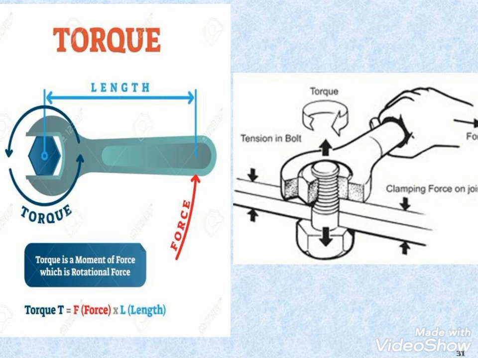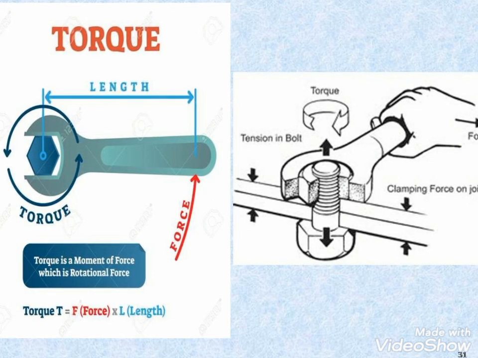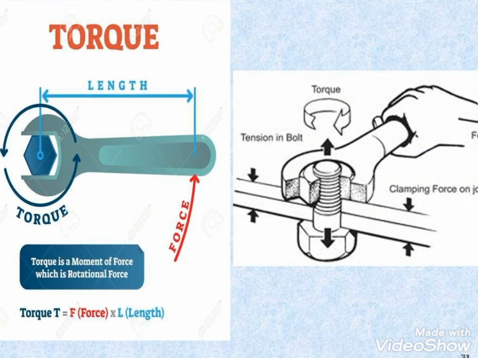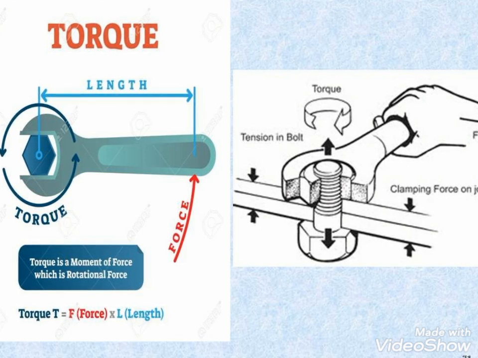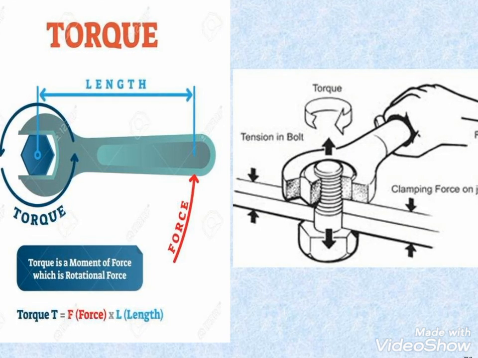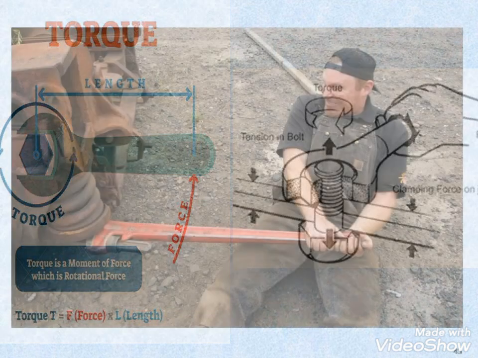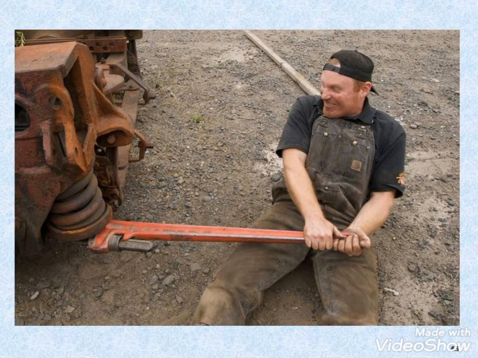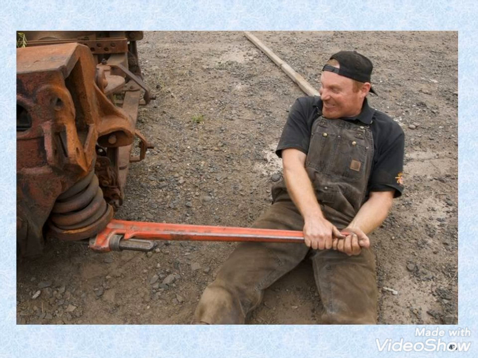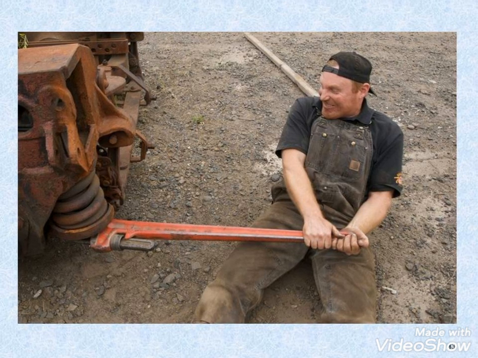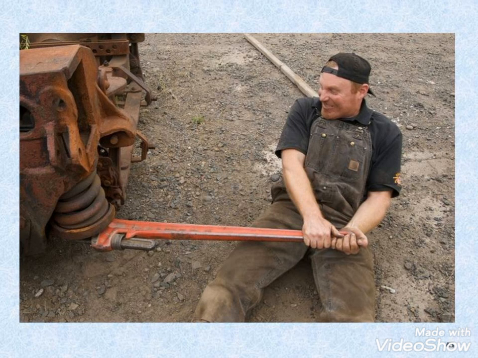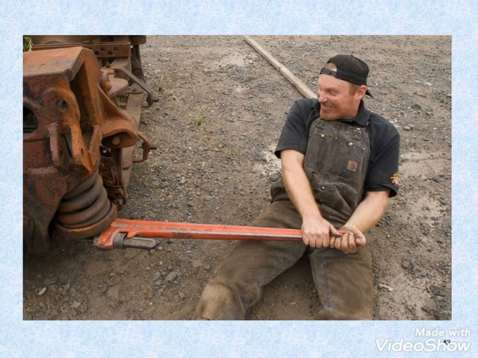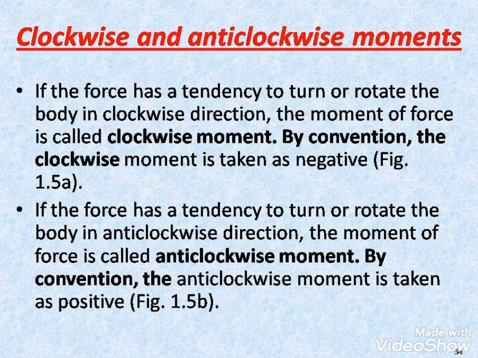Also, in the case of a spanner, when I want to open a nut, I use the same technique. If I apply force at the end, then the length will be more and hence the force required will be less. Whereas if I apply the force at the middle or near the nut, then it will be difficult for me to open it because the turning effect will be less. So in our day-to-day life, we use this technique in many cases, knowingly and unknowingly. Whenever you are trying to open something, try to relate it with the moment of force and the formula of torque. It will be easier for you to use it.